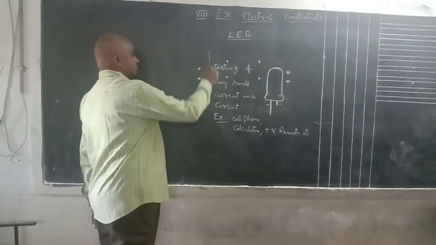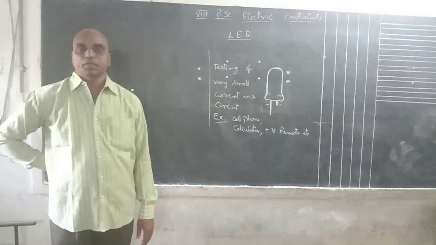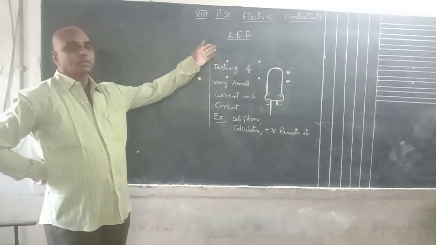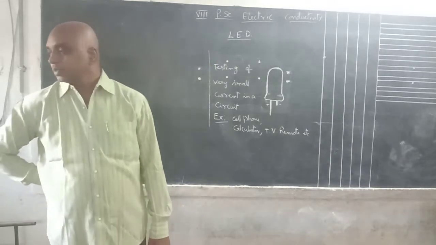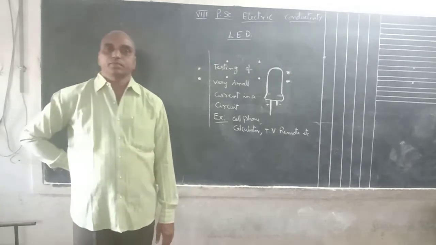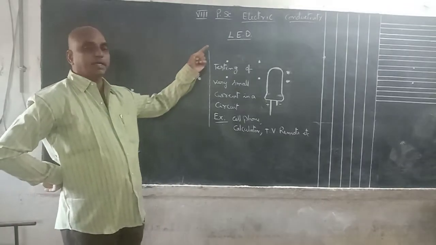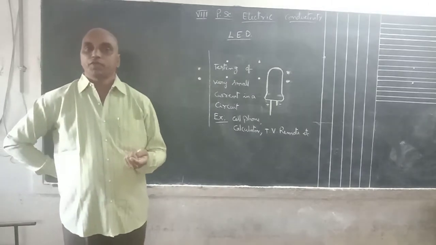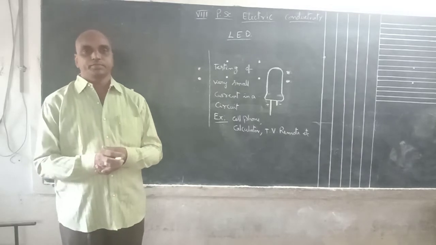Nowadays, for street lights also we use LED bulbs. Not only street lights, in a house also so many lights are made up of LEDs only. Why? Because they use very small current. We can save current easily by using LEDs. And they are long lasting. Long lasting means there is no filament in this LED. That's why there is no problem of filament failure.